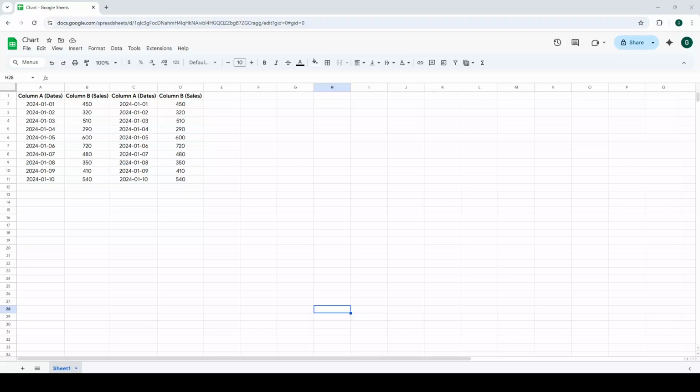In today's video, I'm going to teach you how to create and pivot a table in Google Sheets. Start by opening your Google Sheet that already contains the data you want to work with. It helps if your first row has clear column headers, because those labels will be used later in the pivot